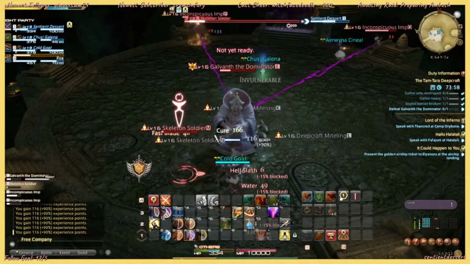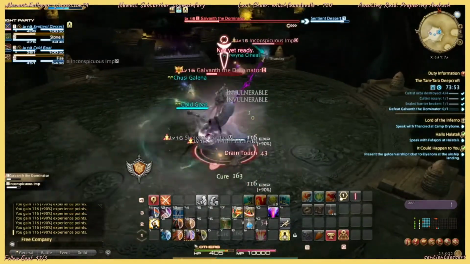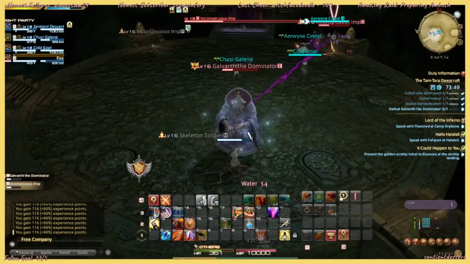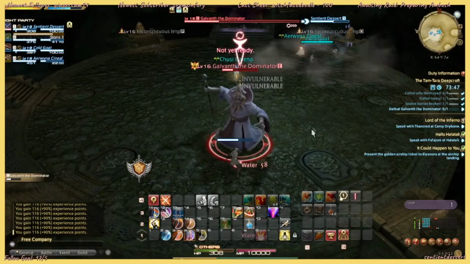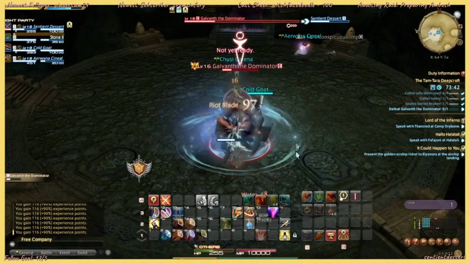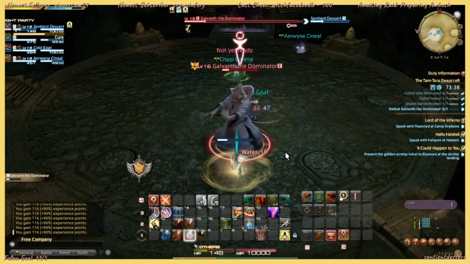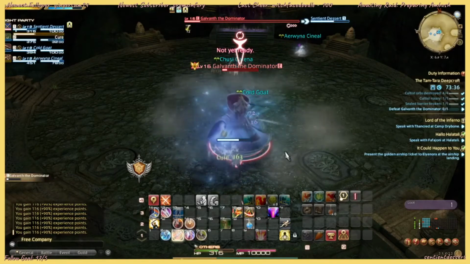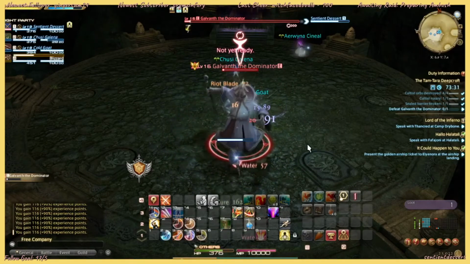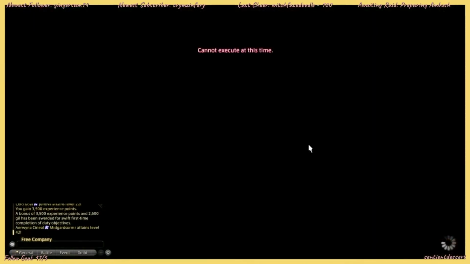Now, I don't like dragging the boss over to the imps, or the fact that occasionally he'll pull off the point-blank AoE immediately after the imp dies, so that everybody's got to run out. So it's just less potential for party-wide damage. But that is